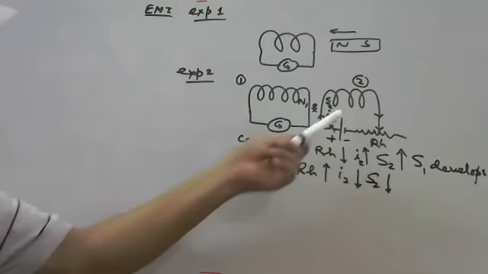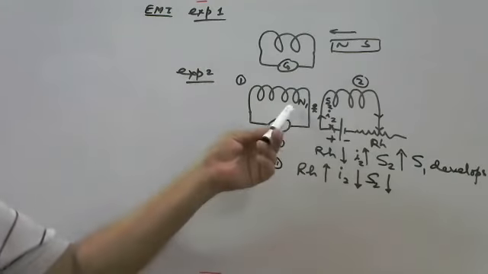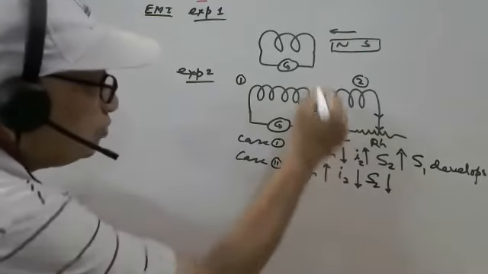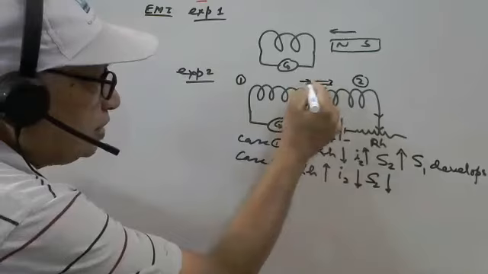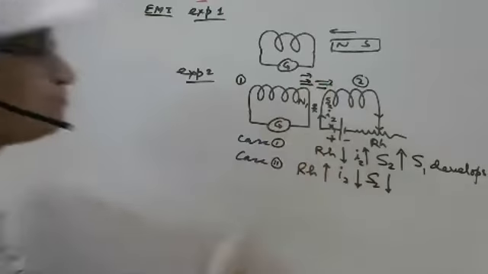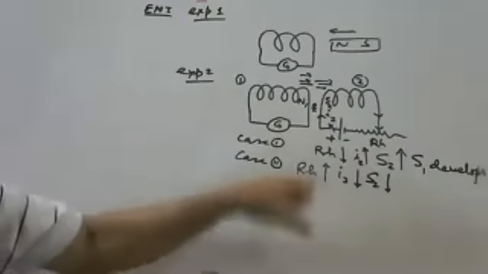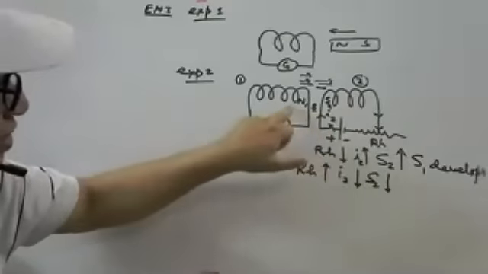Action, what is the action? The south pole is becoming weaker, so the north pole is helping. Rather, since south pole lines are going like this, and here the south pole is this, so it is supporting. Supporting means supporting the south pole, but the action is opposed. Suppose this is becoming weaker, it is supporting.